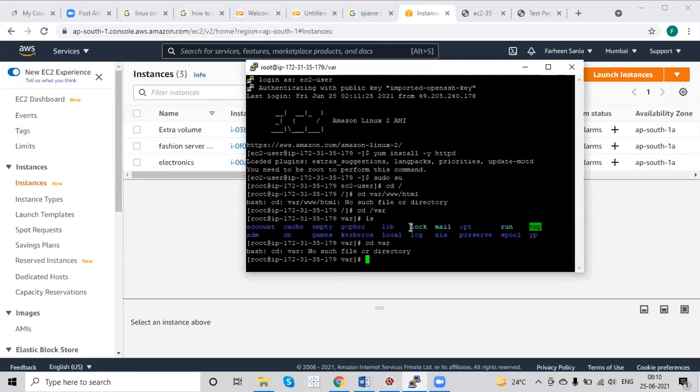So you are in your root. Just say PWD, which stands for present working directory. Type in PWD. Yes, type in PWD for it. Yeah, you are already in var. Okay. Yes.